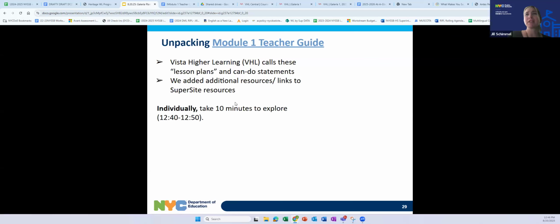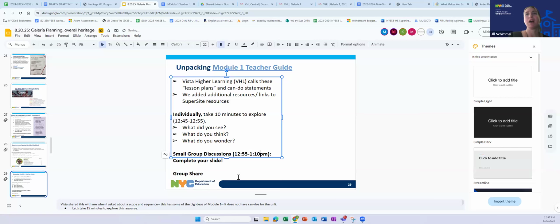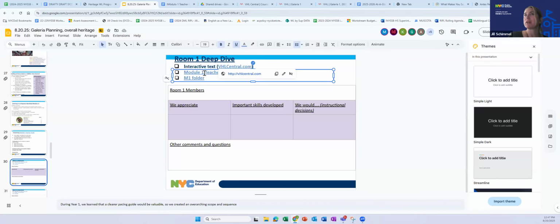So we added additional resources. I'd like for you to take 10 minutes to explore this teacher guide. Then you're going to go into small groups and think about what you see in this, right? Right now, focus on the teacher guide, because when you go into small groups, you're then going to look at the interactive textbook, the teacher guide, and the module 1 folder.